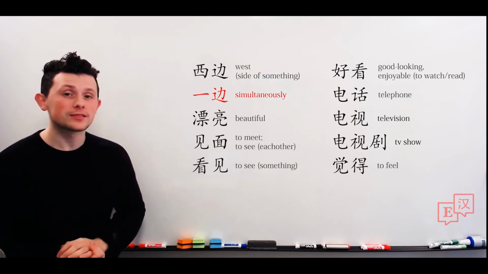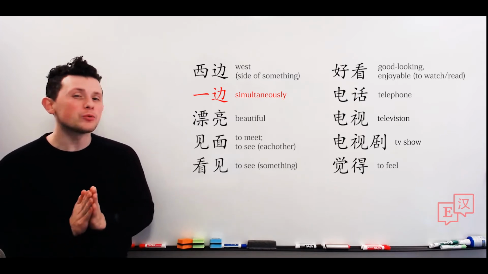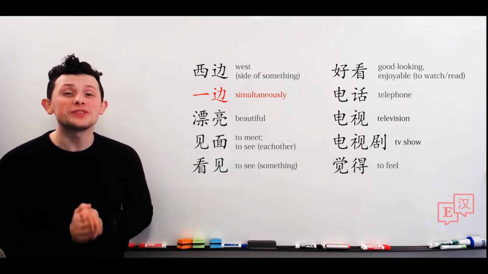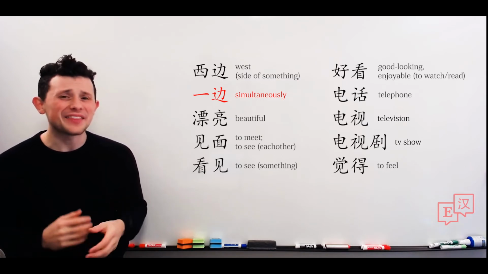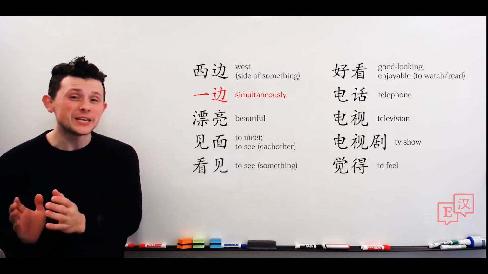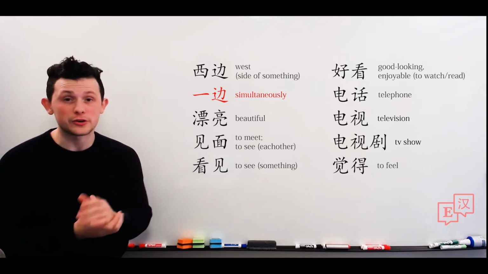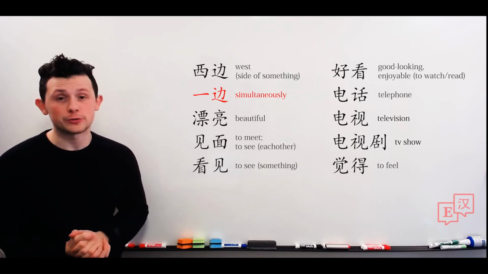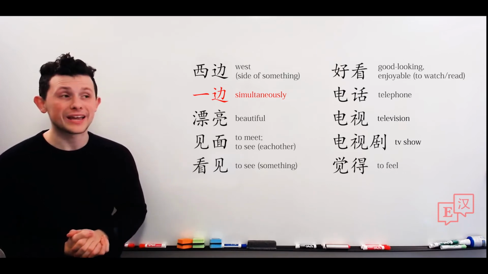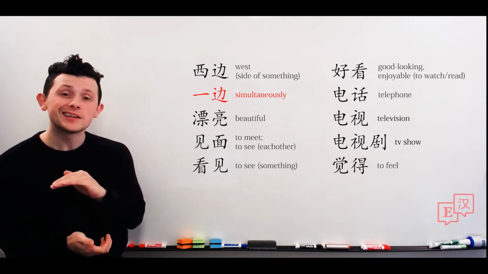一边, on one side. This is how we will express the concept of two things happening simultaneously. So it kind of means like at the same time. We'll say 一边, an action, and then 一边, another action. For more explanation on this, look to the grammar notes. So again, simultaneously, at the same time. 一边,